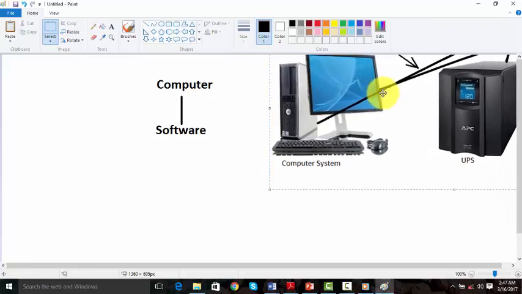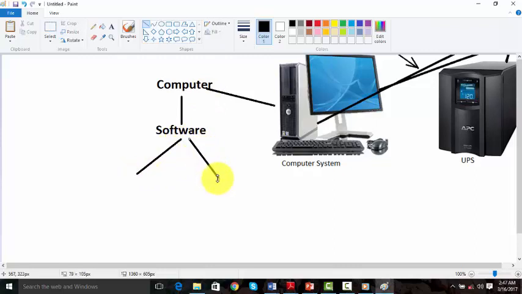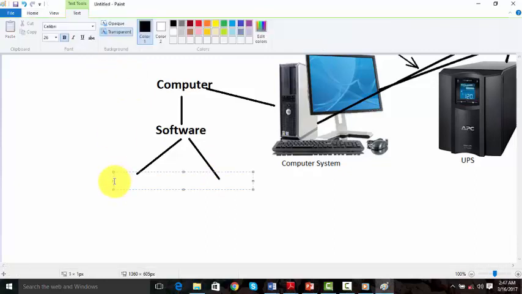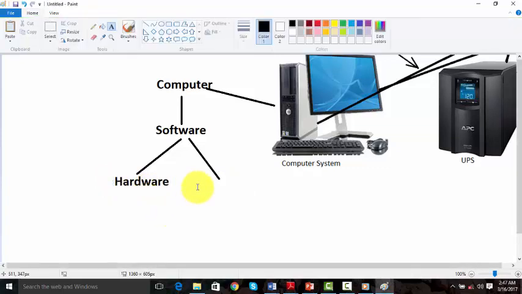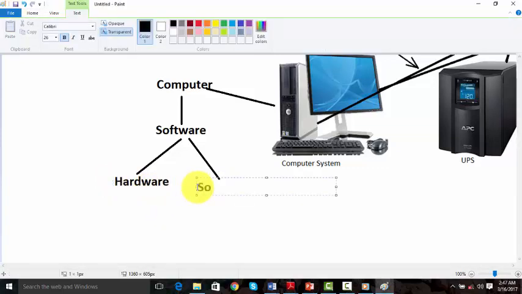What we are saying is that we have our computer system here, which is this. Then we look at the word software. Then we have also another arrow there. Then we have what we call here, that is the hardware. We have what we call here, that is the software.